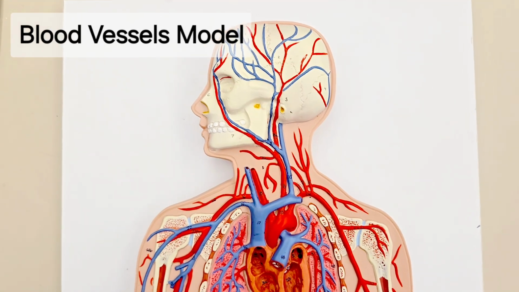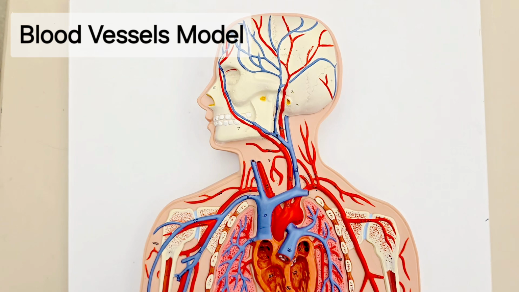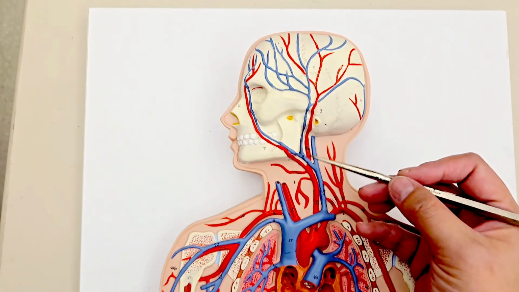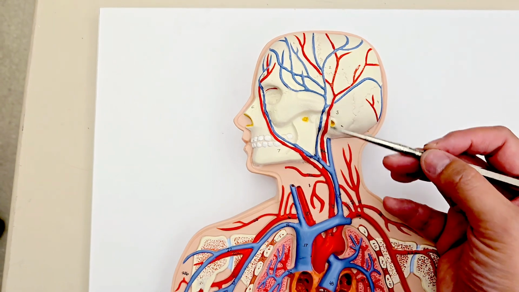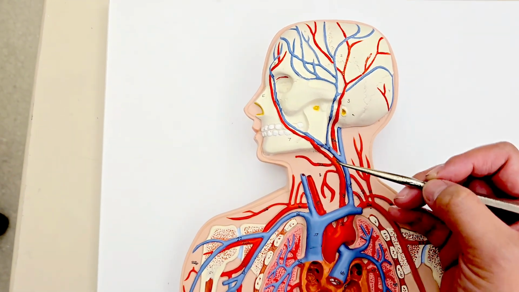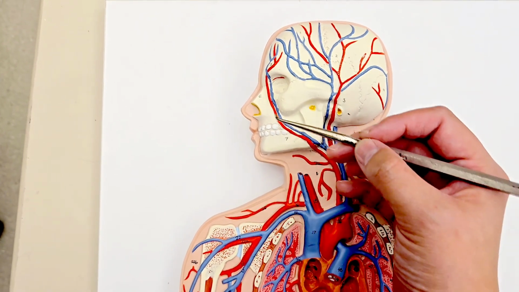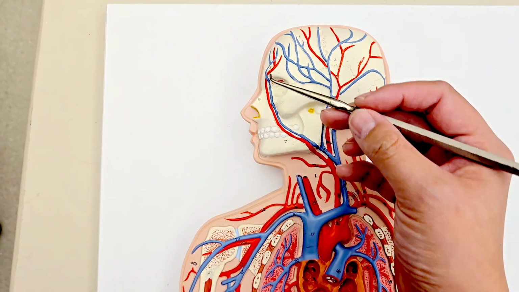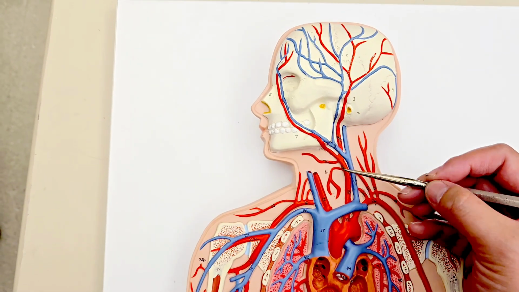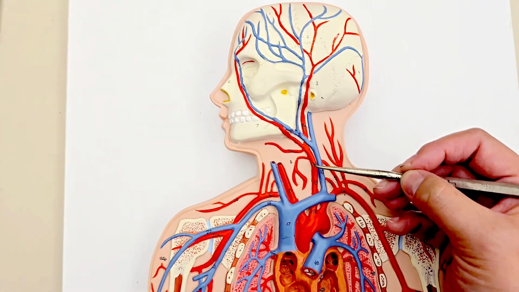Hi everyone. For this anatomical model, I will go over some of the arteries and veins throughout the entire body, starting with the head and neck area. So first you have the internal carotid artery right here going towards the internal parts of the brain. And then you have this one as the external carotid artery going towards the facial area, which will eventually become the facial artery. Before the split of the two here is then where you have the left common carotid